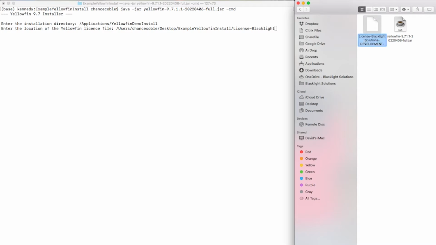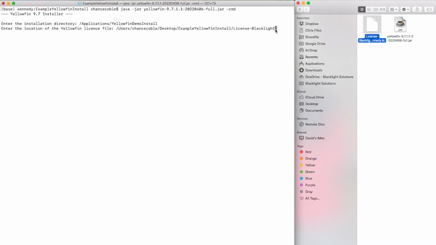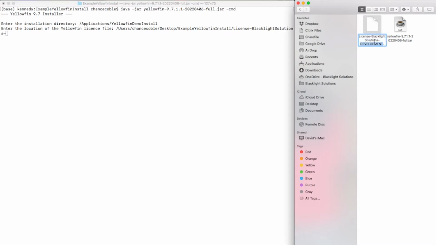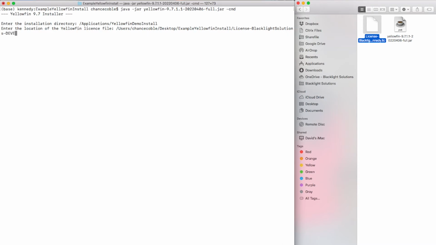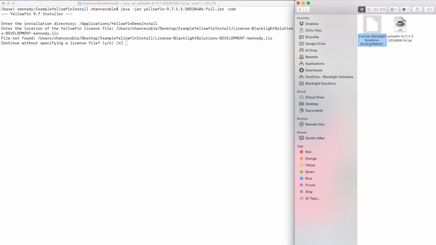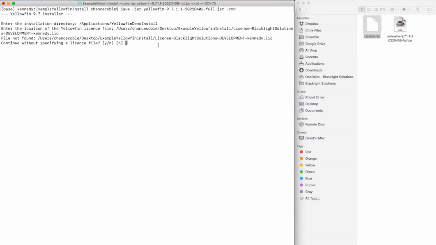And I'm going to have another look at this license just to make sure I have the right name. License Blacklight Solutions dash development dash Kennedy. Could we have made it any more complicated? I'm not sure. Okay, and once we have the license file typed out, it's not found because the license name is too complicated. We're just going to shorten the name real quick. Okay, license.lic. Continue. No, let's not. Let's go ahead and specify a license. And this time, we'll specify that license as